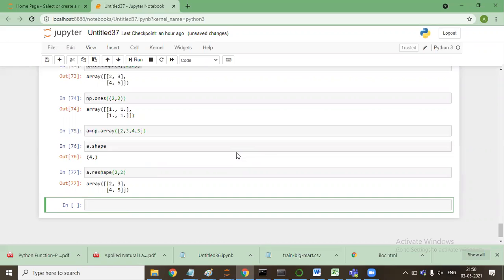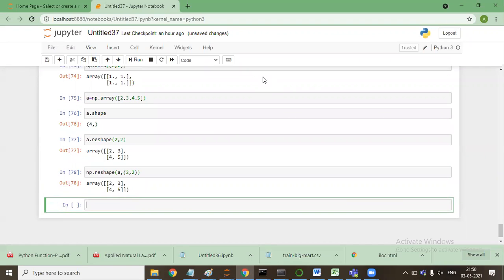The same can be done with the function np.reshape(A, (2, 2)). The same function can be used like this.